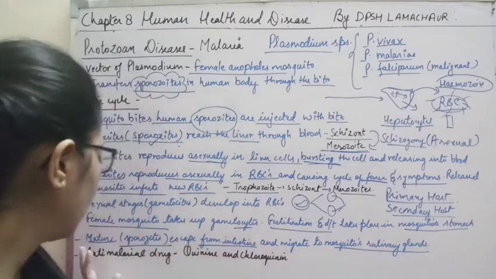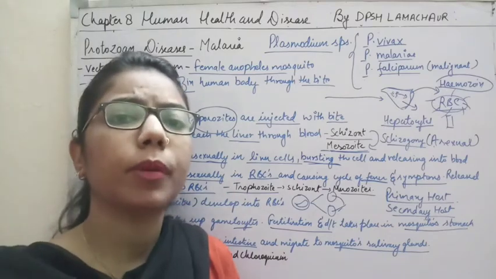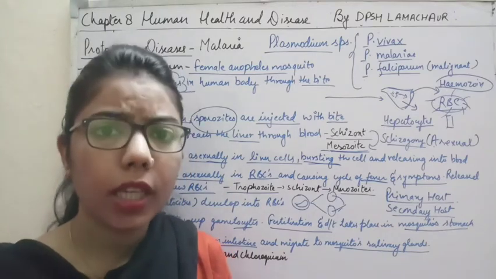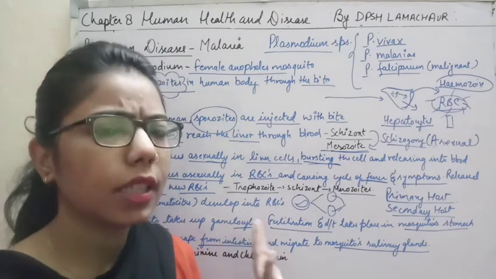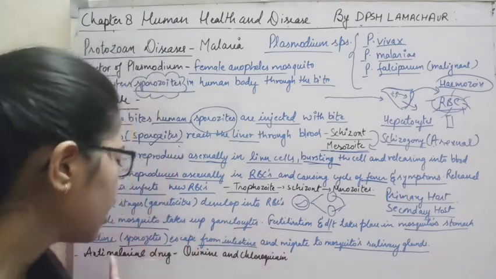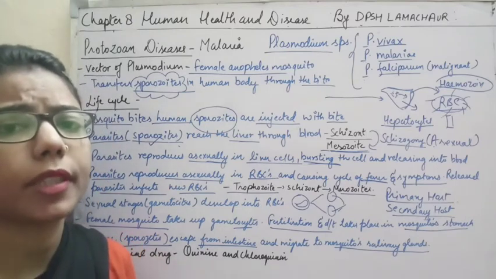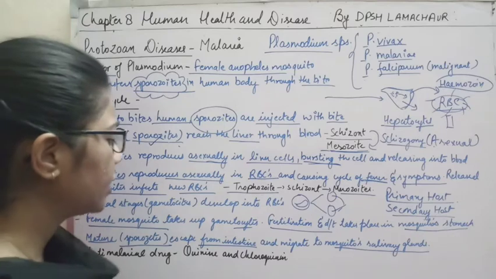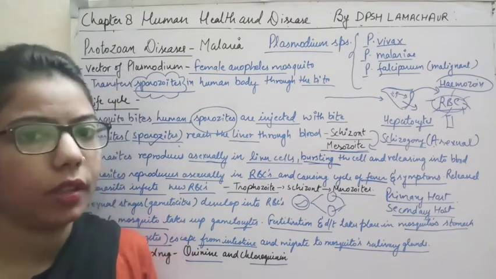Now the symptoms of malaria, we know about them. The person gets fever, chilling, or high fever. This type of condition you can see in malaria. Now the drug which we prescribe for malaria is quinine. The composition can be quinine and chloroquine, right?